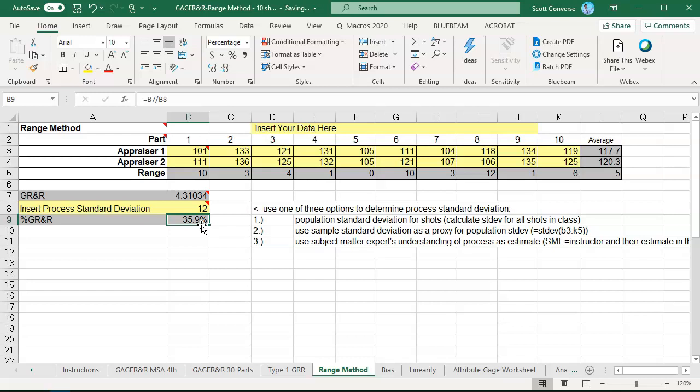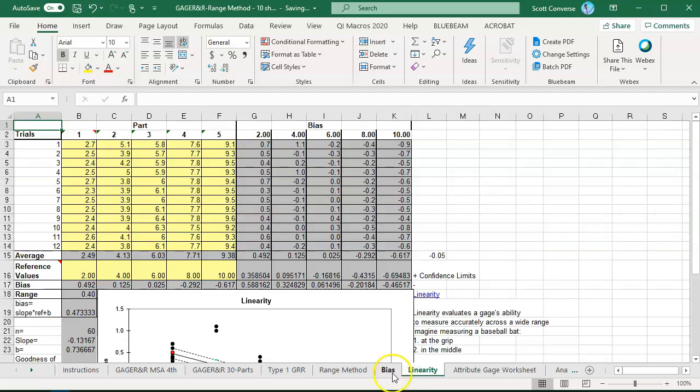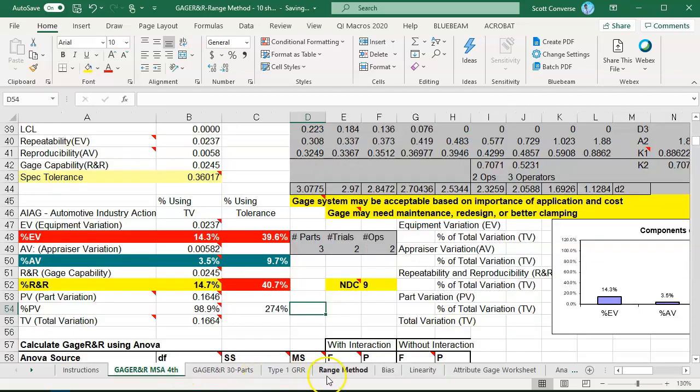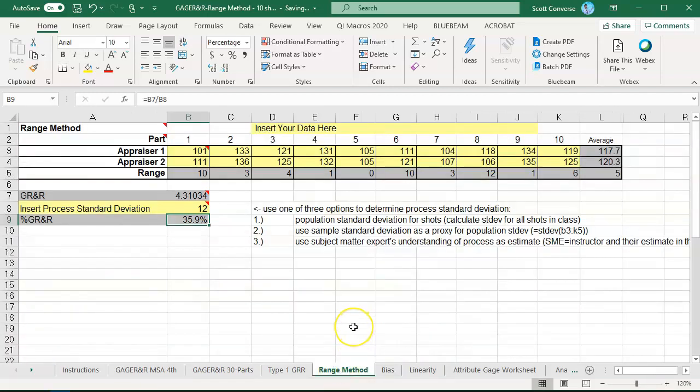So now you've got a couple of different ways to do measurement system analysis and specifically Gage R&R. There are many other tools. These are the only ones that we're going to be looking at and practicing in the course, but there are a lot of others, including bias test, linearity test, and others. I encourage you to open up the template and play around with it. And for more details, take a look at that white paper. I think that'll do it for the Gage R&R